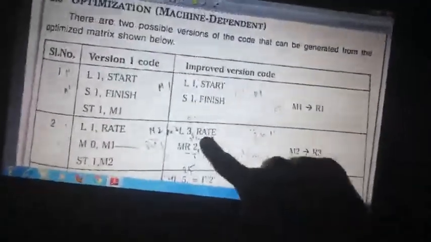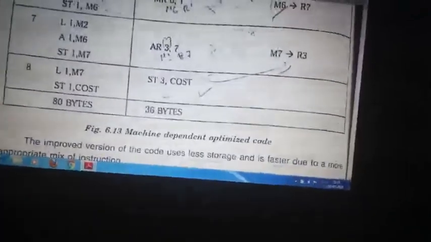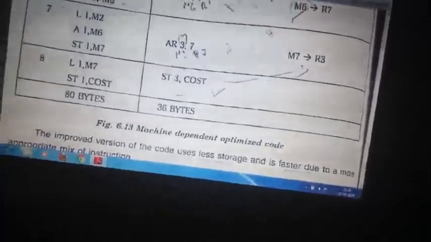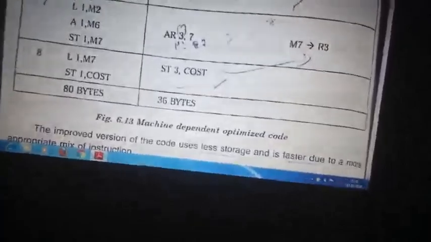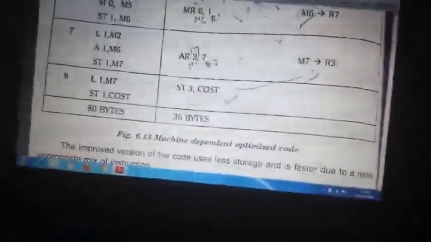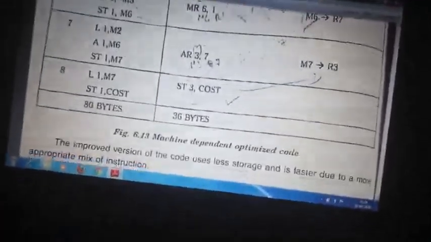This is 2 byte and this is 2 byte. So 3 statements are of 2 byte. Means 11 minus 3 is how much? 11 minus 3 is 8. 8 fours are 32 and the others are 2 bytes each. So total is 36. Yes, so this is the bytes we reduce.